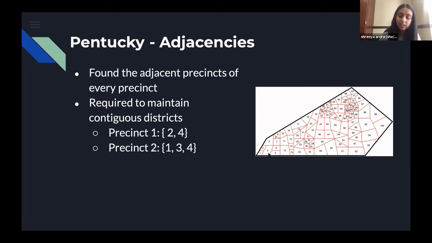An important thing to note here is that when precincts are touching at just a corner, that does not mean they're adjacent. So for example, 3 and 6 are not adjacent to each other, because putting those in the same district, if that is just the border, would not maintain the contiguous